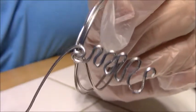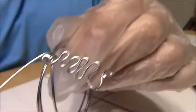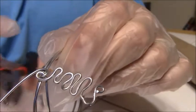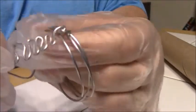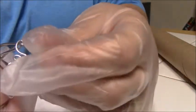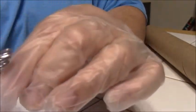I hear you asking, but what about this part? Well, this, we're going to cut off closer. Finish this off. We're just going to take our wire pliers and twist the wire around, bringing it through the bottom and back side of the wire loops. And I'm going to loop this through one time. Then when I get to the second turn,